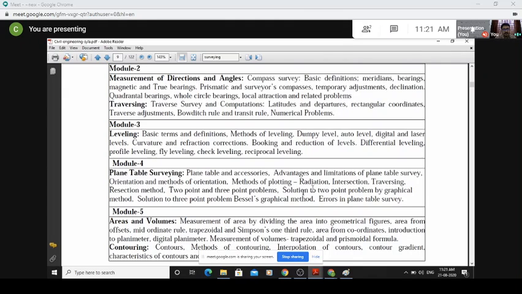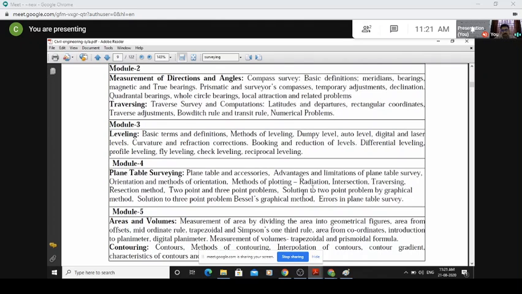Whenever you carry out both observation as well as drawing at the same place, we need a table on which the drawing paper is mounted. Then you need some accessories where observation is made, and then the drawing is made in the same place where the observation is taken. So observation as well as drawing will be done at the place of construction only. So you are going to learn about plane table surveying.